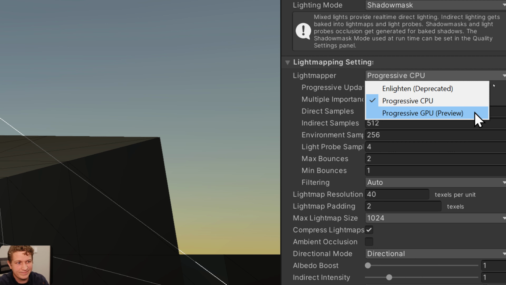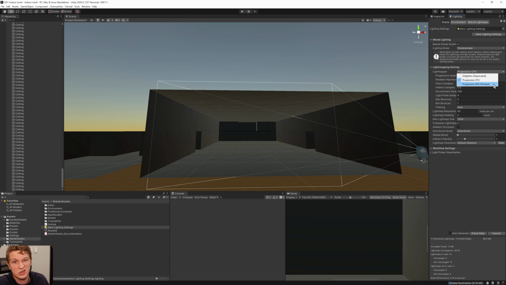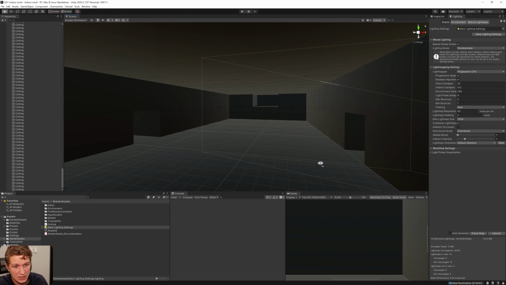The downside is that maybe a quarter of the time it crashes, which is frustrating. And so it's why I don't really recommend it. But the CPU just takes quite a bit longer to actually work. So I guess I'll pause the video, come back in 20 minutes or so. Or maybe I'll stop and run the GPU light mapper and see how that goes. Sometimes it's just too much to work on, and it basically gives up. So maybe now that we know it's there, I'm going to cancel it and add a few lights to my